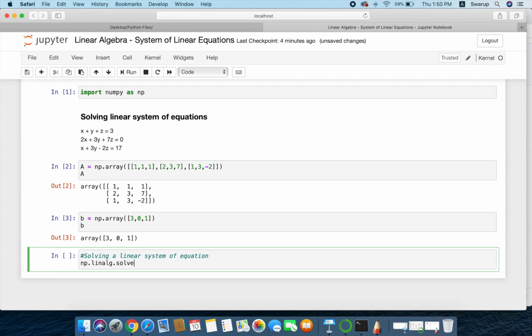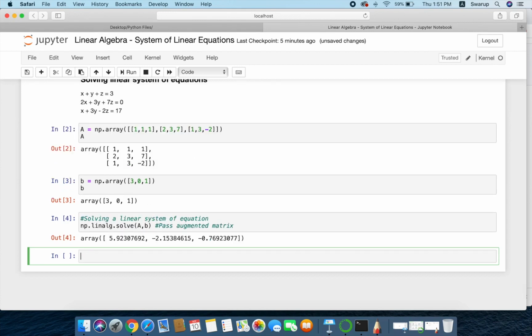Here you have a function called solve. So you can simply call this function. It also uses the same method, that is how we did, reduced row echelon form, Gauss elimination, and pass the matrix, that is you have to pass the augmented matrix, that is A and B. Okay, this is the augmented matrix.